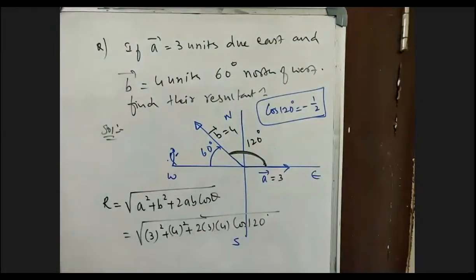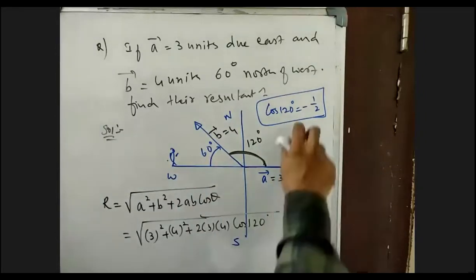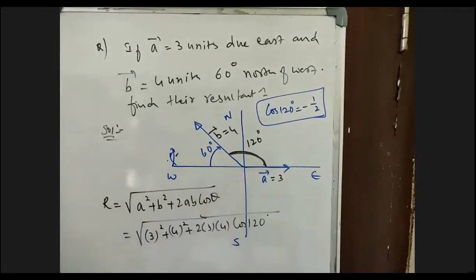Actually, I was supposed to start with trigonometry only, but as the DP sir was taking the trigonometry part of basic mathematics, I stopped it. You need to be very perfect in trigonometry and quadratic equations, otherwise it will be very difficult for us. Anyhow, cos 120 is minus 1 by 2. If you simplify it, you will get the answer now. I hope you can give me the answer.